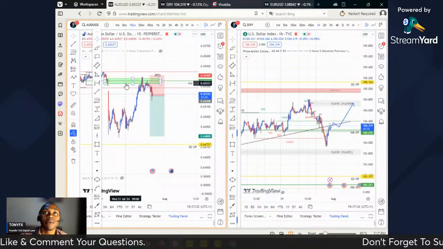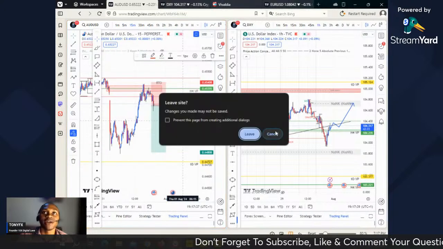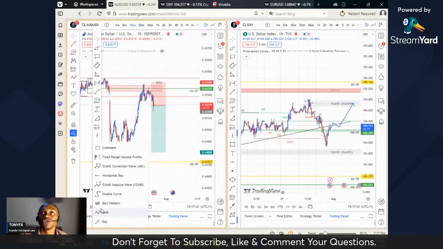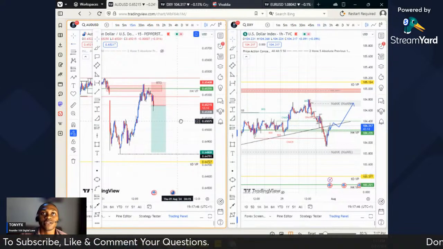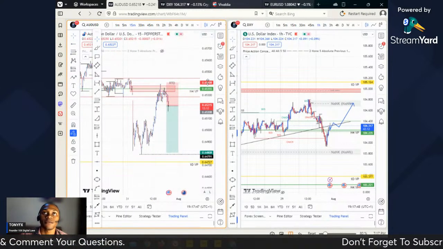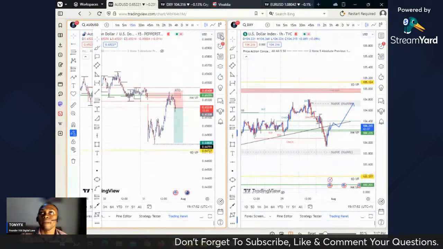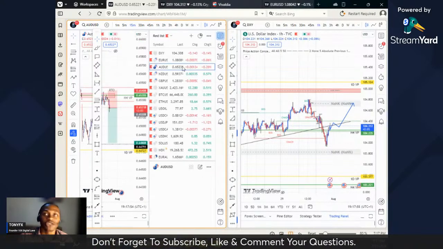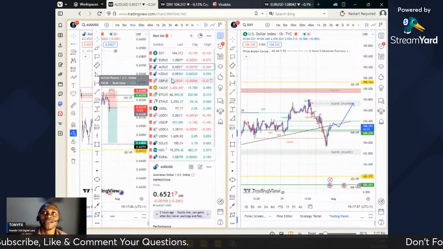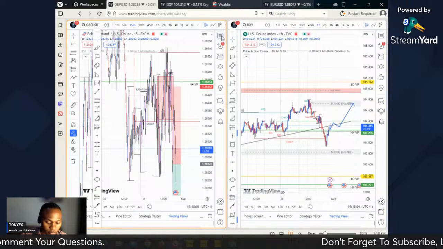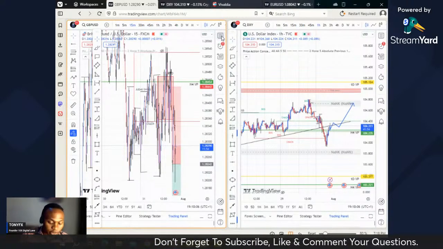It came back into the order block to fulfill efficiency, respected there, and then we're expecting it to continue going to the downside. We'll be taking this low. This low is our target for the drop. And AUD is the weakest currency right now, and the dollar is gaining some strength against every other currency. So apply proper risk management, guys.